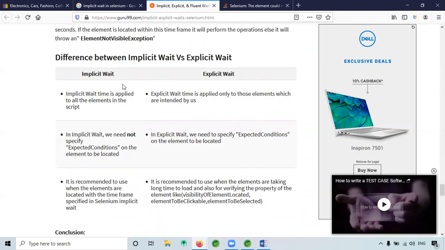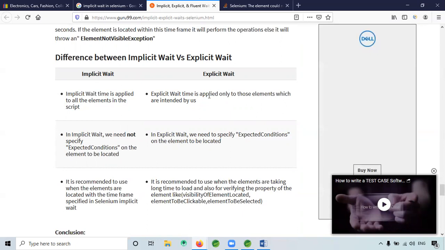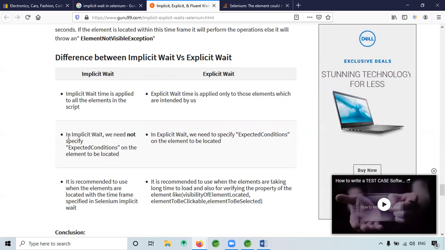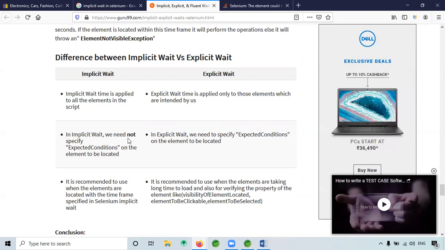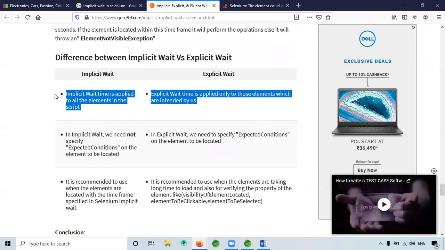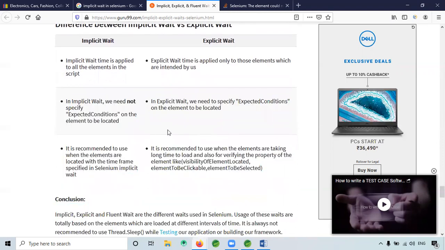So what is the difference between implicit and explicit? Implicit wait is applied to all the elements in the script because we are setting it globally. Explicit is for only one condition. Next, we need not specify the expected condition. But overall, it is the same thing, right? The condition will come, or it won't.